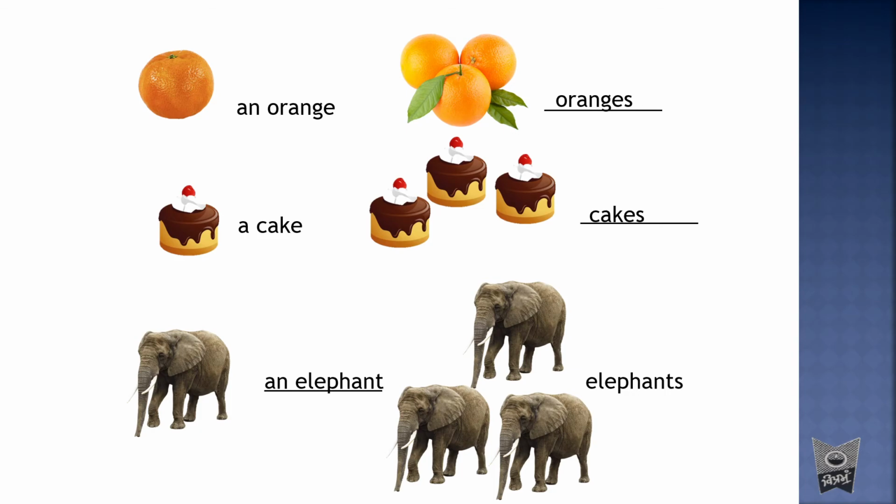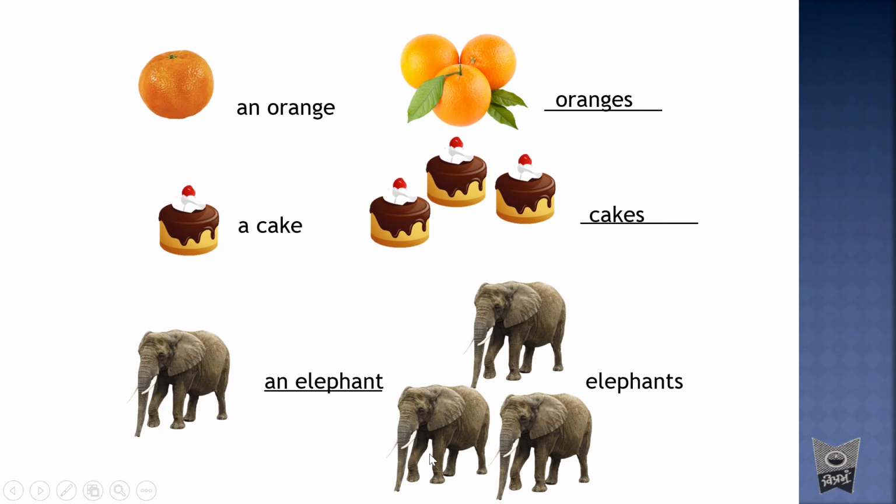Only these many words. You can copy it down in your English notebook. No need to draw pictures. Just write the heading one and many and make two columns. In the first column you will write one and in the next column you will write many. So you will write an orange, next column oranges. A cake, cakes. An elephant, elephants. Okay, so side by side only you will write. Understood, no? You have to divide your page into two parts.